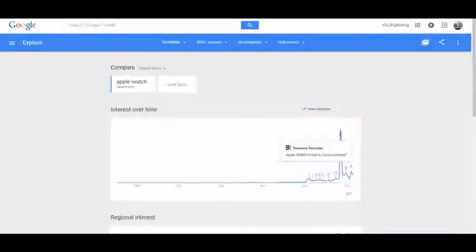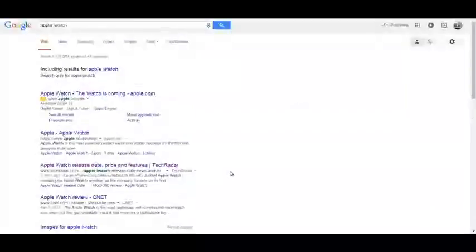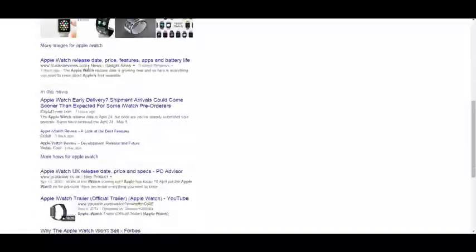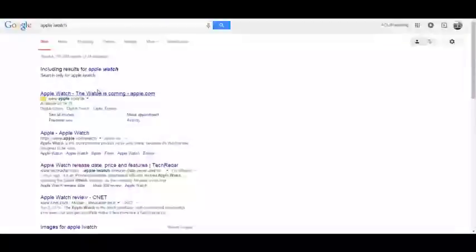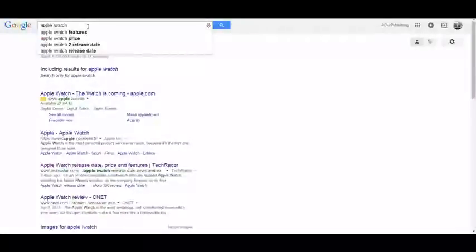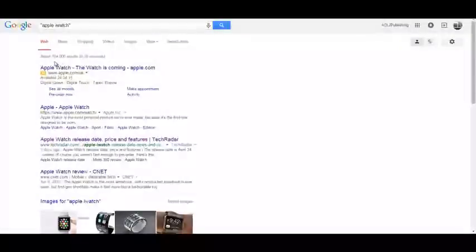It won't let me forecast on it, but you can tell it's going to be absolutely huge. It also gives you some of the queries that are rising, and some of the top ones as well. And then when we go into Google itself, Apple iWatch, the other thing that you want to write down is all these keywords, searches related, and have a look at them. Because if we type this in quotes, at the moment there's only